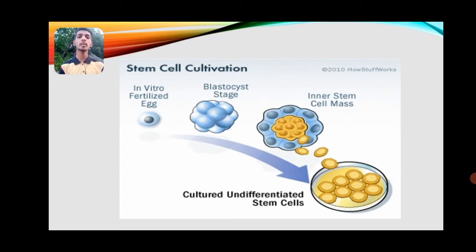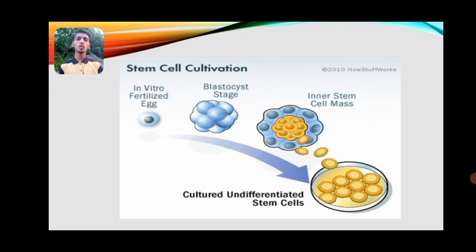The blastocyst stage is a group of cells formed after fertilization of the embryo. After fertilization, embryo formation is carried out, and in that embryo formation continuous differentiation of the cells takes place, following the principle of 2 raised to n: 2, 4, 8, 16, and in that way the differentiation of the cells takes place. One of the stages that takes place is the blastocyst stage,